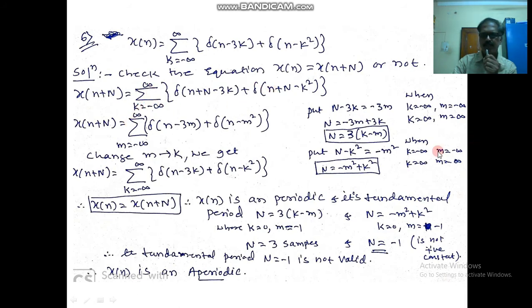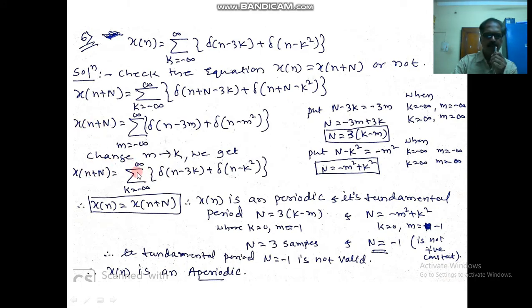k will be changing to m. Again m value is minus infinity to plus infinity. Delta of n minus k square, I substitute as delta of n minus m square. Now just to change m equals to k on both sides, we get x of n plus capital N